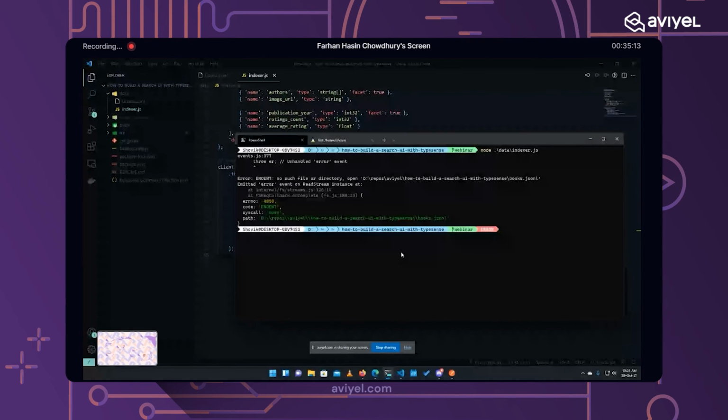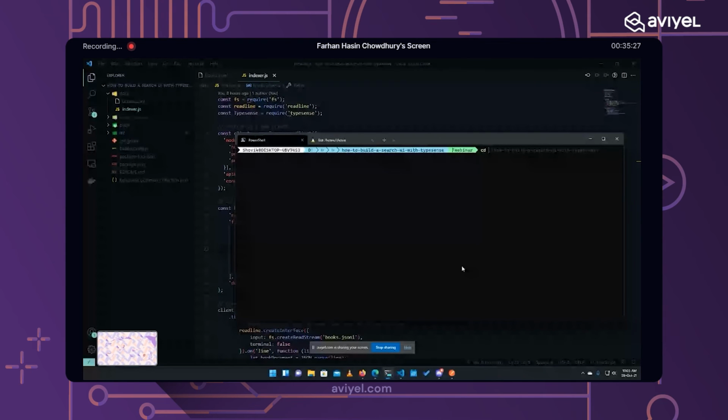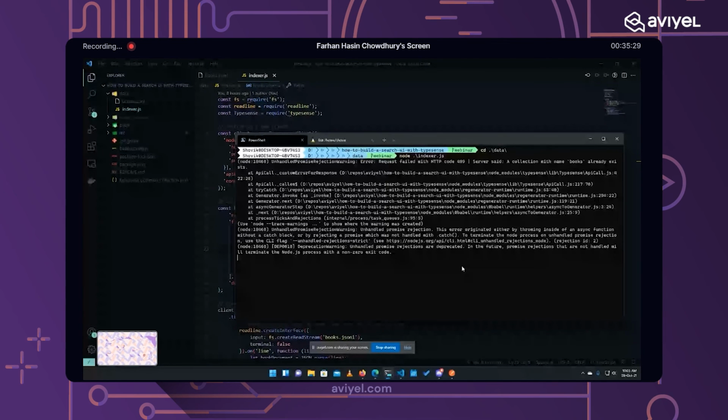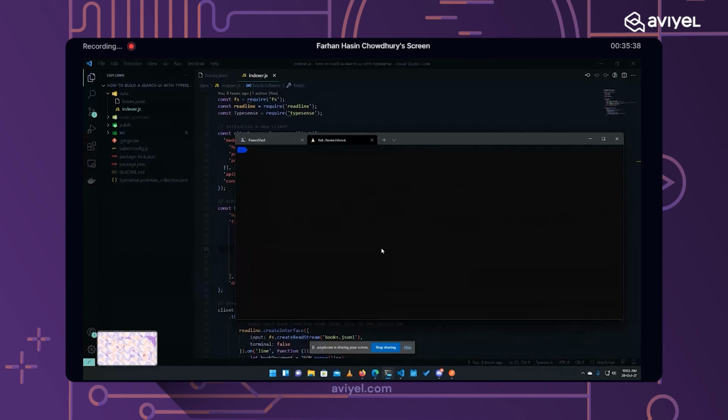Enter, and there is an error. Okay, seems like the data already exists in my data directory. Just give me a moment and I'll clear the data from my database.